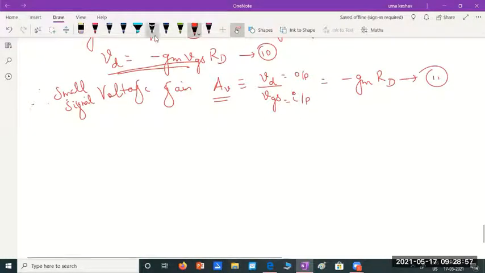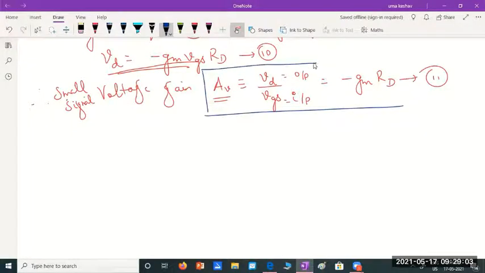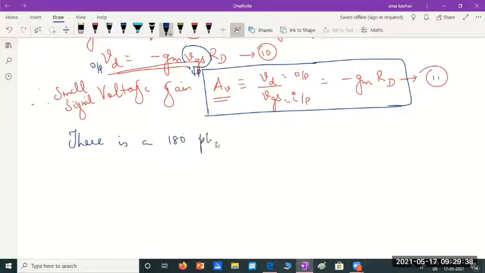So again, what does this minus sign indicate? I was telling you, you will know later. What does a minus sign normally indicate? See, the output voltage is the negated version of the input voltage into some gain. GM into RD represents the gain. So the output is the voltage gain times the input voltage, but negated. So what does that mean? It means there is a 180-degree phase shift